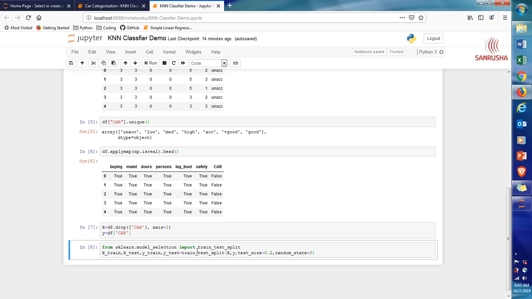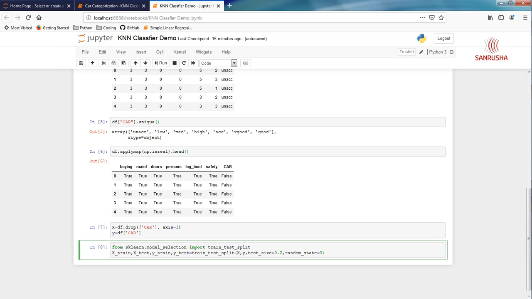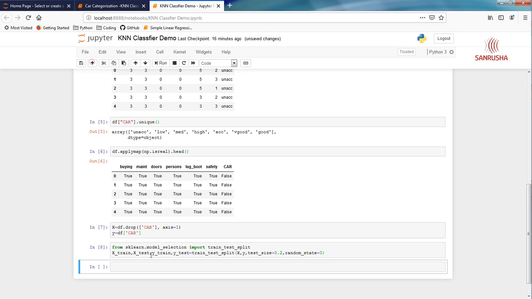Next, before we actually call the KNN classifier and pass this train and test data to that classifier, we need to find out the optimal value of K. Remember, we did this exercise during the KNN regression. We have to do the same thing to find out the optimal value of K, which you can use here. Let's do that. I am going to say here find optimum value of K. So let's begin.